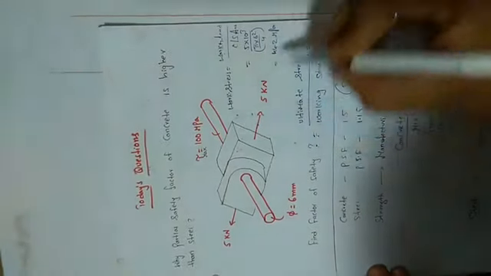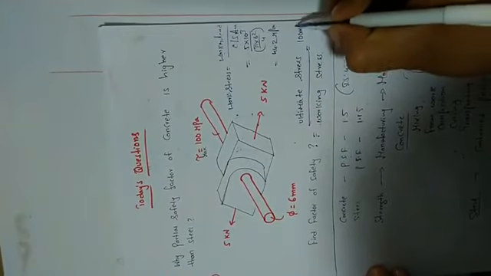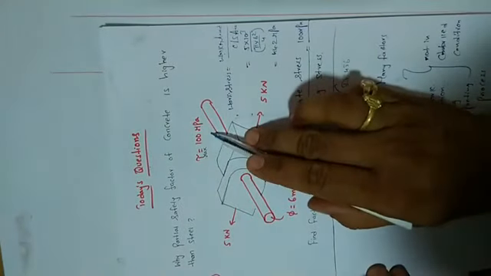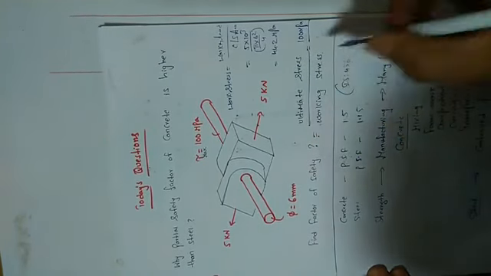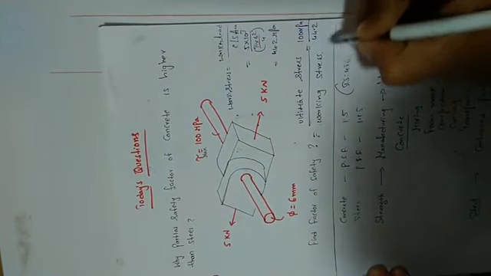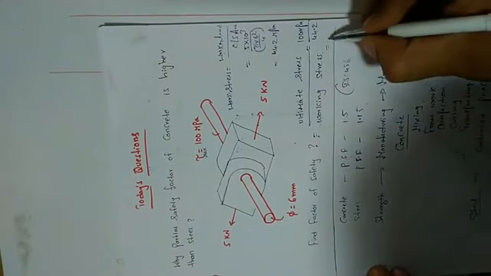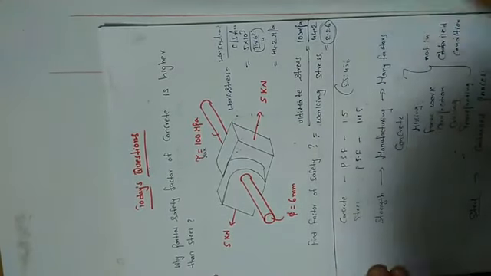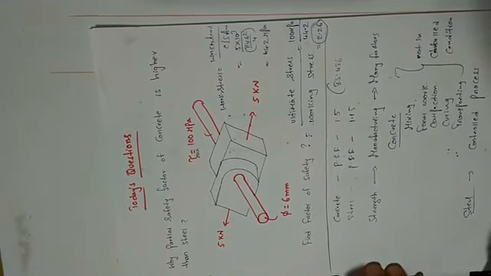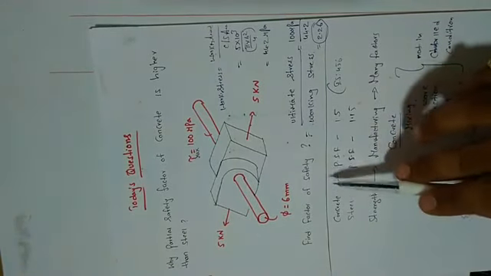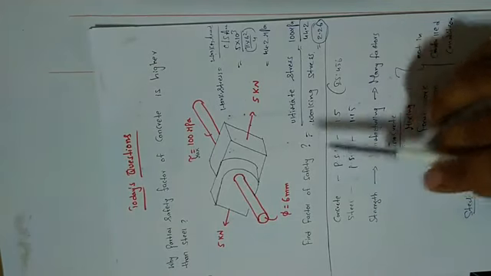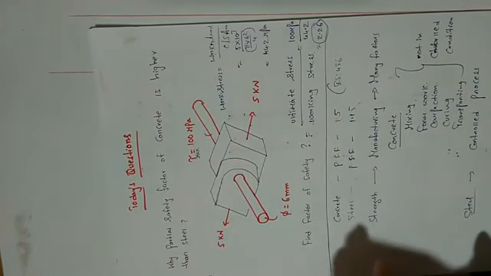The ultimate stress is 100 MPa, which the rod can carry, and for this 5 kilonewton working load, the working stress is 44.2 MPa and the factor of safety is 2.26. Got it? So 2.26 is the factor of safety of this 6 mm diameter rod. This is how you get the factor of safety. So this is the difference between factor of safety and partial safety factor.